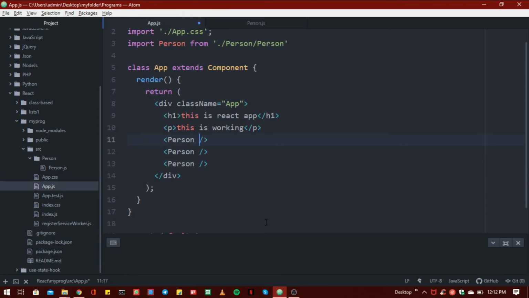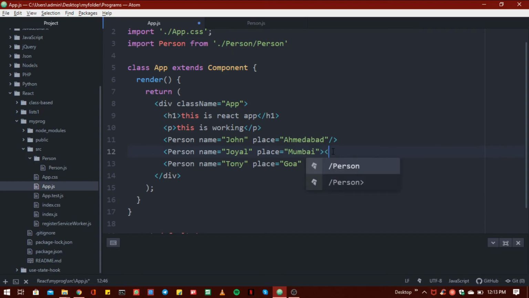Now let's do something new, and I want to add name and place inside all of my 3 components. So like this, I want to add a children property. So instead of this person tag, whatever we write inside is called the children property.